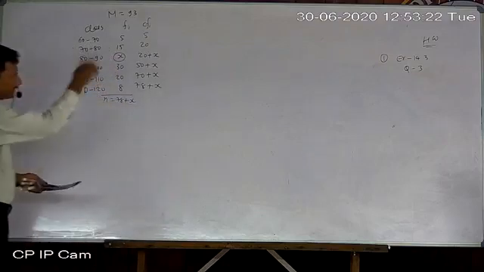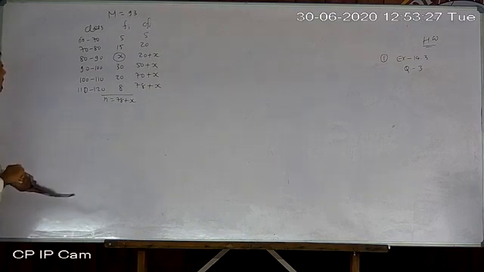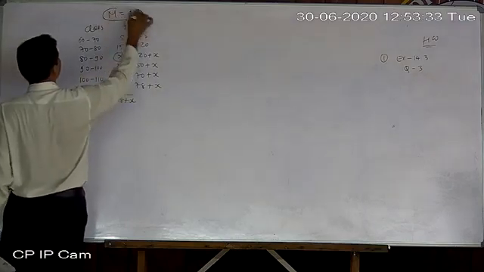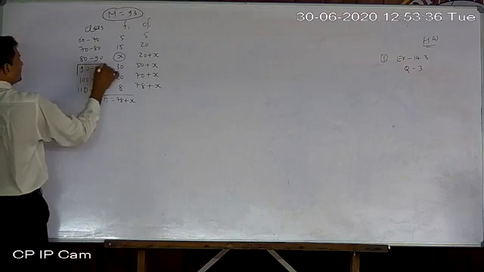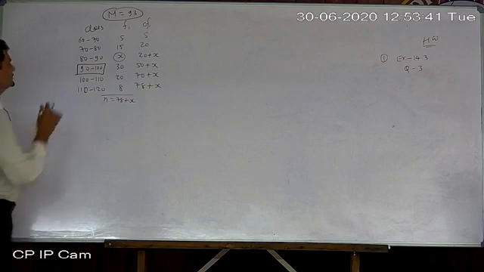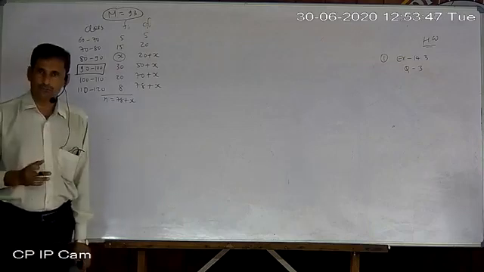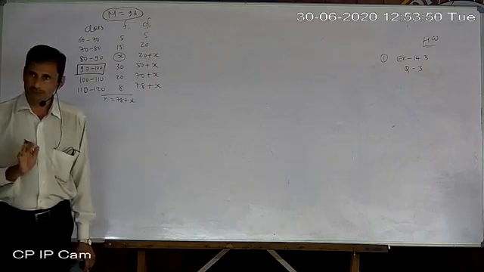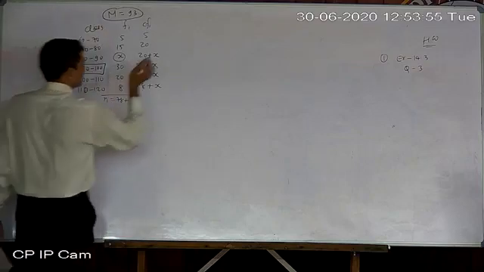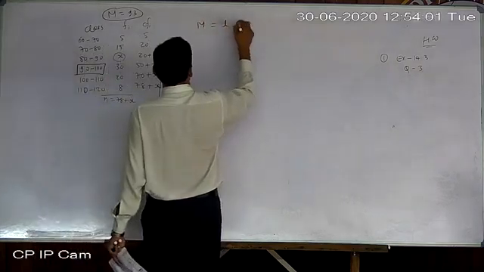Now start directly our solve. How? First of all, locate the median class. So median is 93. So obviously the median class is 90 to 100. Median is 93, so the median class is here only. In the earlier sum, I told you there is no need to find it by n by 2, it is not possible. Median is given, median class is given. Now start by placing values in the formula.